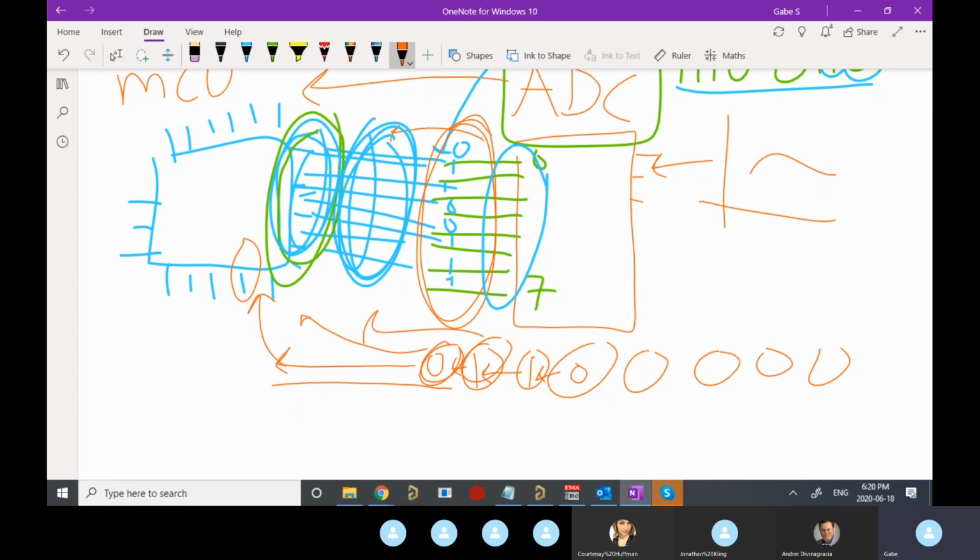And so people really like this because it kept costs low. It kept actual hardware sizes much smaller. We didn't need to have 8 pins, for example, available on the MCU, just 1 in this basic example. But you can imagine what's the trade-off, right? You don't get anything for free. And so it's pretty clear that it's a lot slower, right? If I'm sending 1 bit at a time through this tunnel,